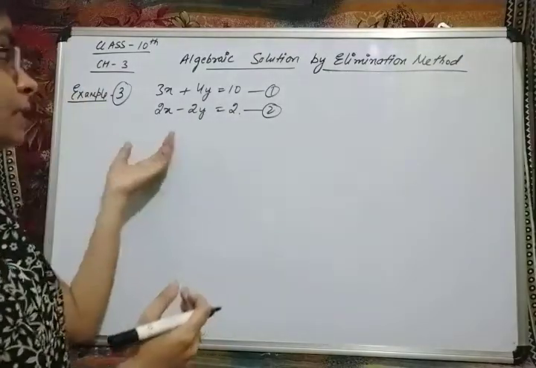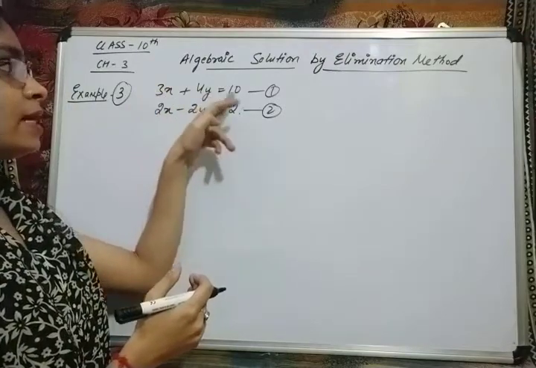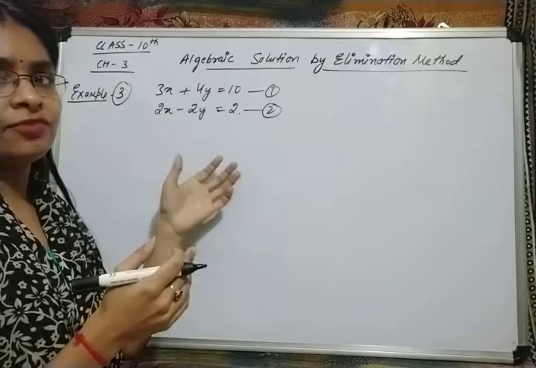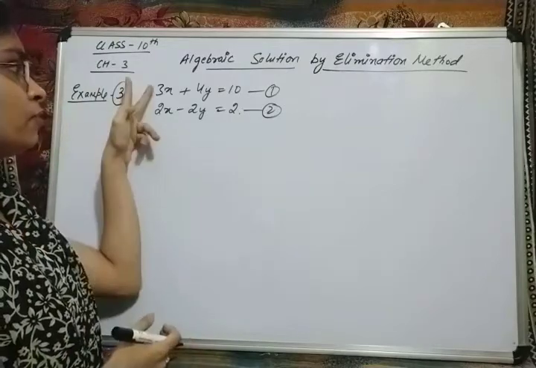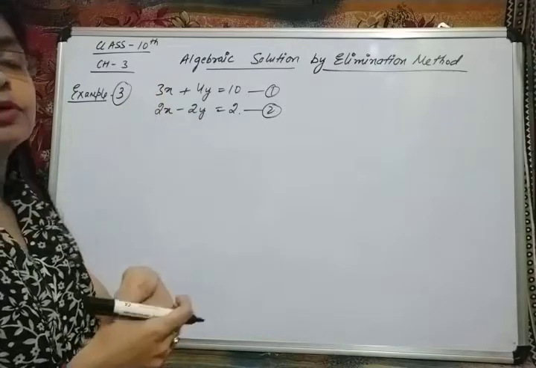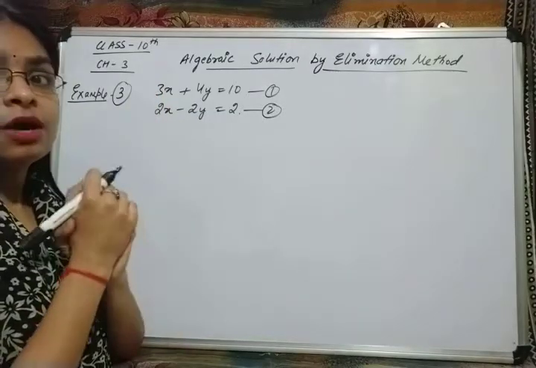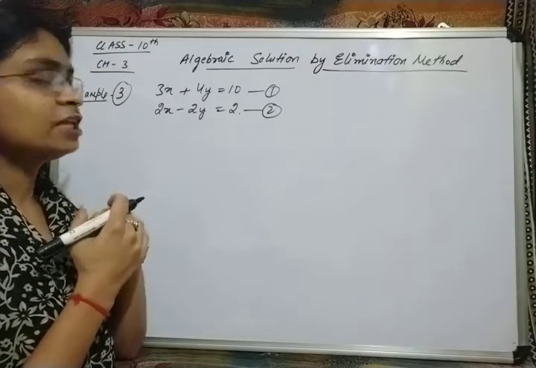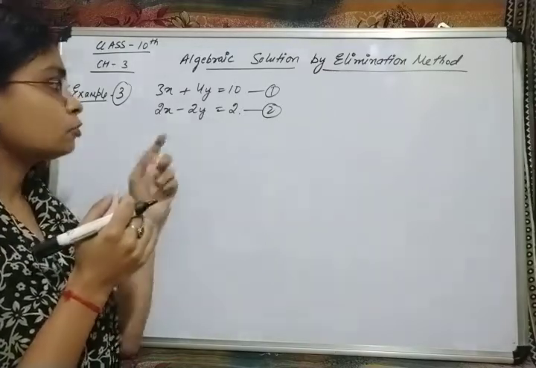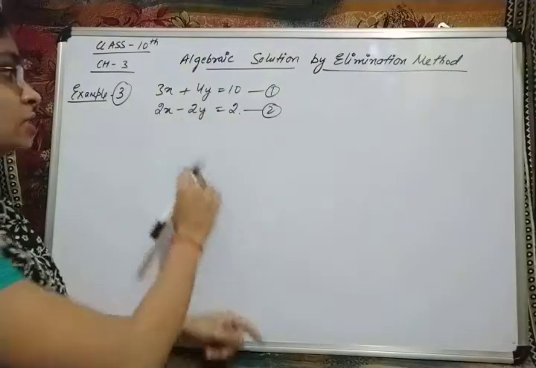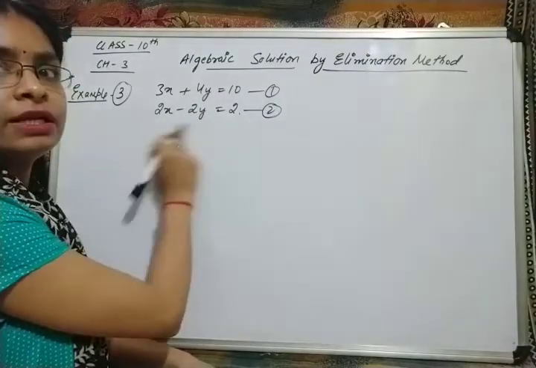Now see the equation is 3x plus 4y is equal to 10 and 2x minus 2y is equal to 10. First check whether it is consistent or not. Obviously 3 by 2 and this is only 2. So a1 upon a2 is not equal to b1 upon b2. Now we have to make the coefficient of any one variable same. So which variable should we go for? We should go for y, because for making the y same we just have to multiply only one equation, no?